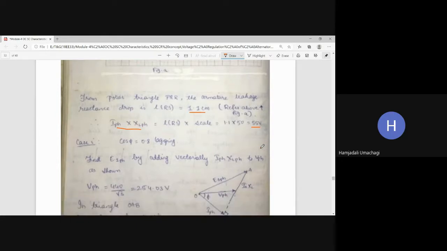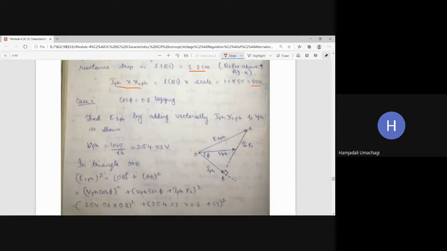Now this much data you should keep ready. Now for the given load condition, you should calculate the voltage regulation. For the first case, to calculate the voltage regulation for cos phi equal to 0.8 lagging, write case 1. Here they have given all these vector diagrams, no need to do all these things. It is very simple. I will tell you how it is possible to calculate IF1 and IF2. No need to draw all these things here. Just write case 1, cos phi is equal to 0.8 lagging.